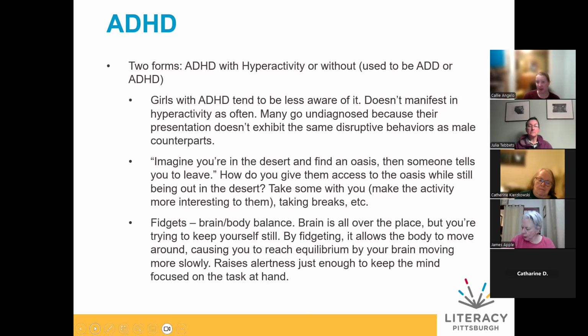and wanting to talk to you about it all the time. Maybe if that interest comes up in the book and you have a really hard time pulling them away, right? This is the visual. They've found the oasis. It gives them the dopamine. They have a chronic lack of this necessary chemical in their brain, and we need them to be able to leave the oasis in order to function in society as it stands. How do we do that, right? We have to figure out how they can take some of the oasis with them.